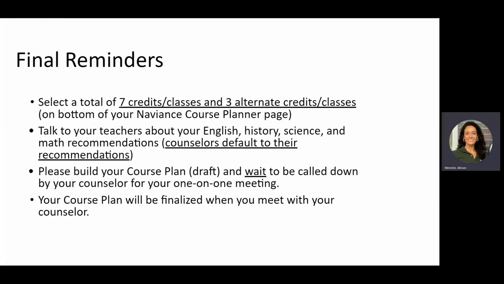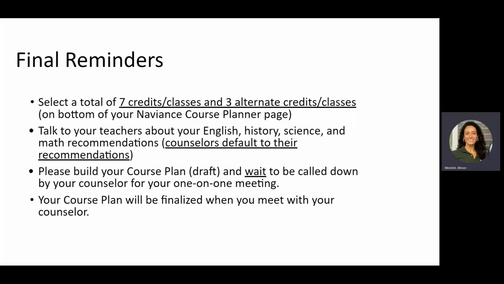Okay, so some final reminders. As you're going through your Naviance course planner and checking out the course sequence chart, you need to select a total of 7 credits or 7 classes and try to think of 3 alternate classes just in case there's some electives that we can't fit in your schedule. And the alternate classes you're going to choose, you're going to put those at the bottom of your Naviance